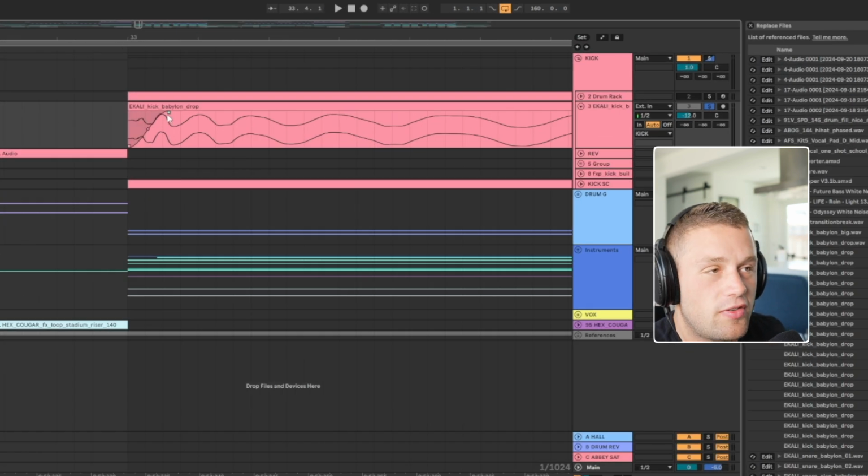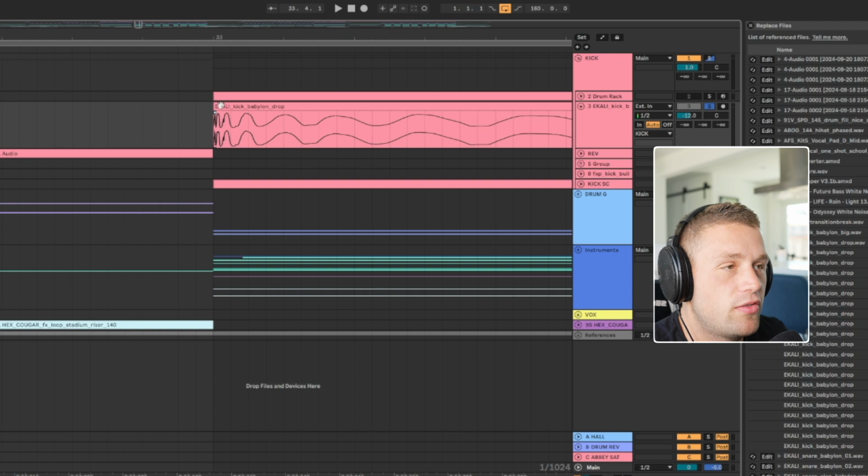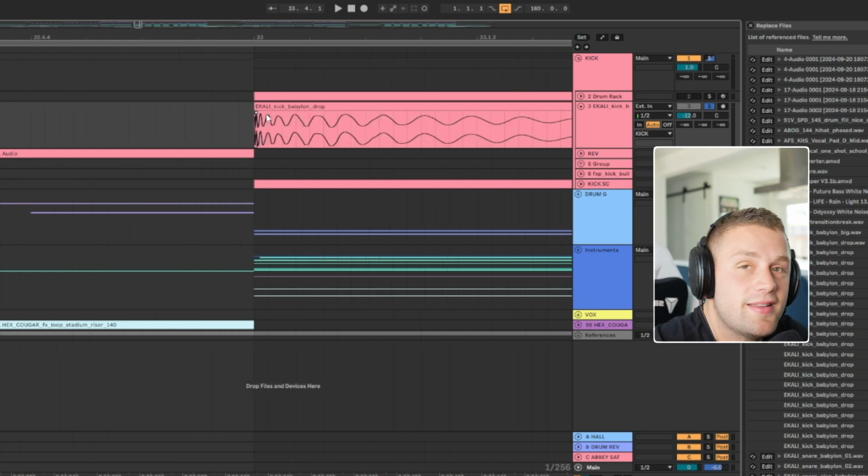So if your sample starts very, very soon into the clip, the transients of your drums will be a lot quieter. I had been doing this for years without even realizing that I was completely destroying the transients of my drums. So if you're gonna work with drum samples in audio, make sure to turn that setting off, or another